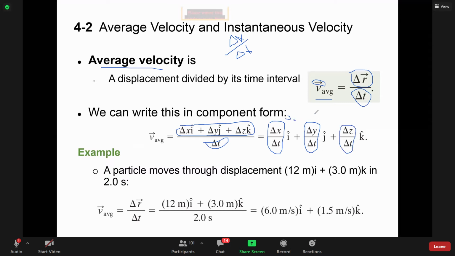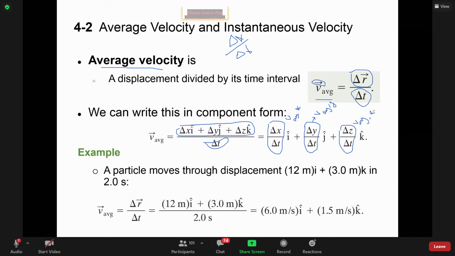This is v average along y component. And what is this last one? It is v average